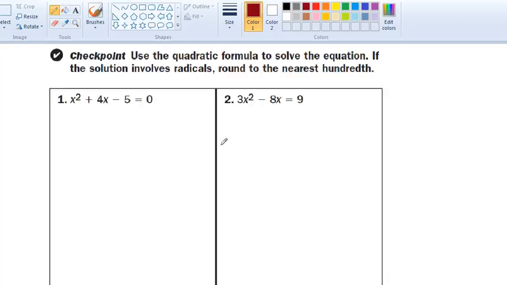And let's go ahead and work some of the checkpoints together. Actually, we'll work two of these. Starting with the first one, x squared plus 4x minus 5 is 0. Here's what you need to look at and see here. This thing is in standard form. It's ready to go. So what I'm going to do is I'm just going to paste the quadratic formula right